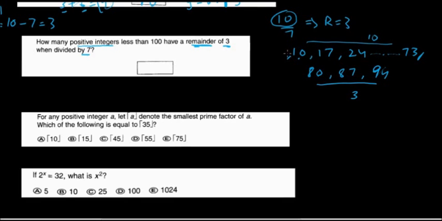So if you look before this, what if I take 3? So 3 when divided by 7 will also give me a remainder of 3. Okay, so in all I have 10, 11, and 3, 14. So they have 14 positive integers that give a remainder of 3 when divided by 7. Okay,